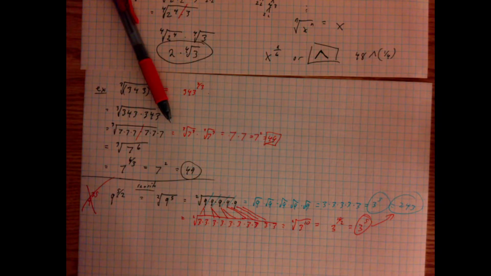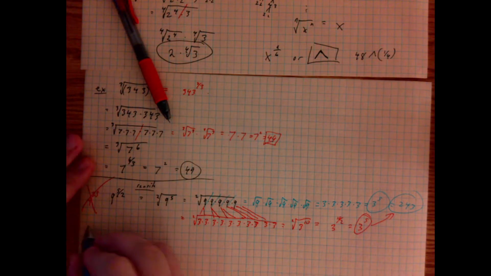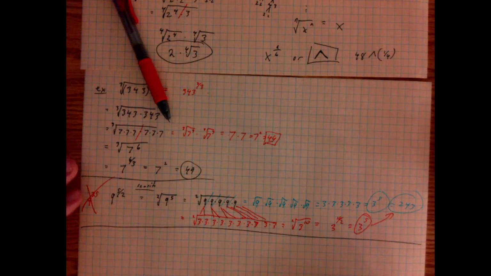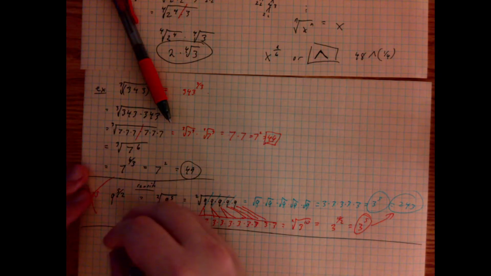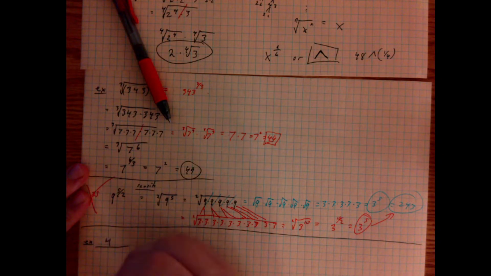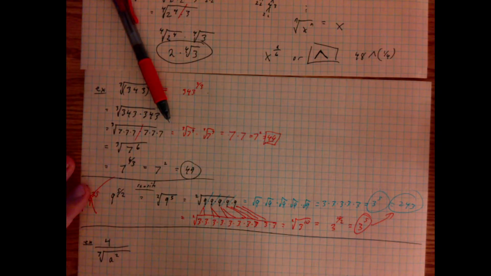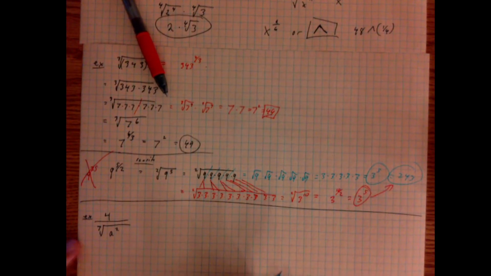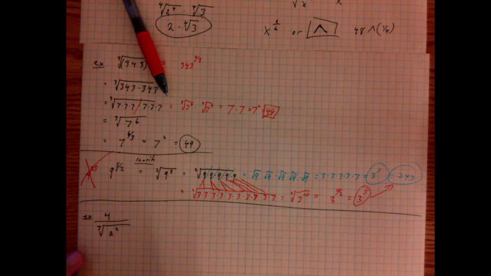Now, before we go any farther, it is important to note that if you have it in a fraction, this is a little bit weird, because you have to make sure it's going to cancel with the fraction. So if I wrote, for example, 4 over the 7th root of a squared, the only way to get my a to cancel with the 7th root is to make sure my a has a power of 7. So how do I do that? Well,